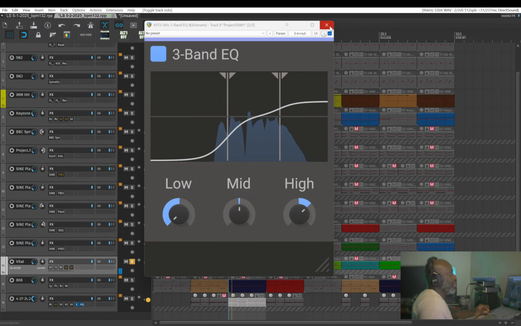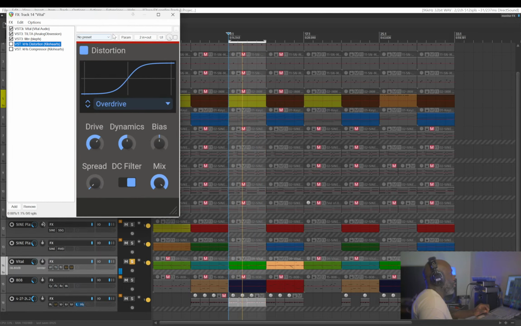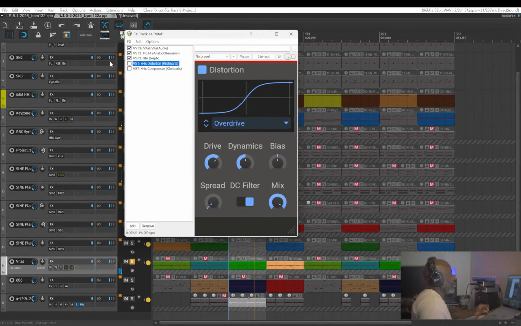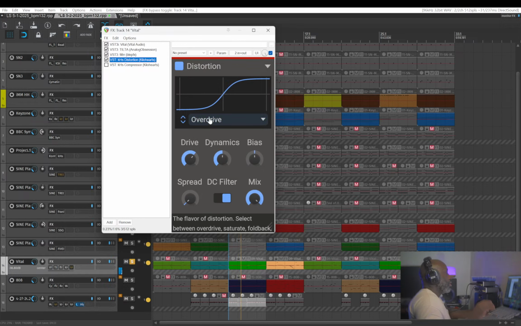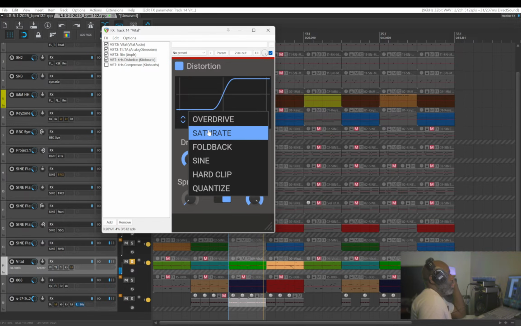All right, on this Reese bass right here. We have overdrive distortion. That's what I want. So it's definitely gonna bring out some more character in this Reese bass. They have different modes here for the distortion. So we have overdrive, saturate, foldback, sine, hard clip,